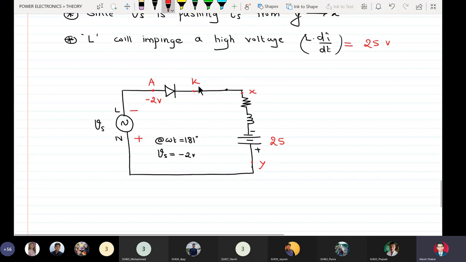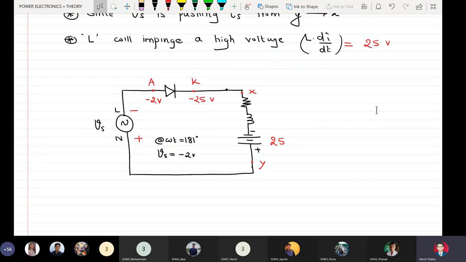Students, we see that minus 25 volts is getting applied to the cathode. This is exactly yesterday's concept, that just because a diode or SCR's anode is connected to negative potential, it does not necessarily mean it is reverse biased. Similarly, just because the anode terminal of a diode or SCR is connected to positive potential, it does not mean that it is forward biased. Why? Because forward or reverse biasing is decided by the value of anode to cathode potential. So the anode of a diode or SCR may be connected to positive potential, but it will still be reverse biased if the cathode is connected at a positive potential higher than the anode, right?